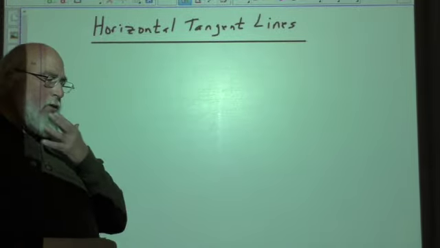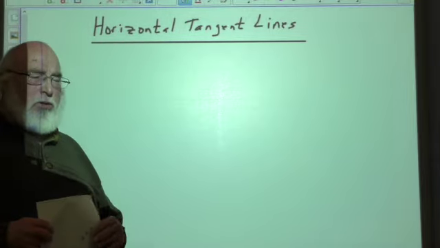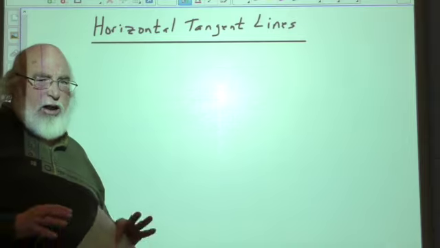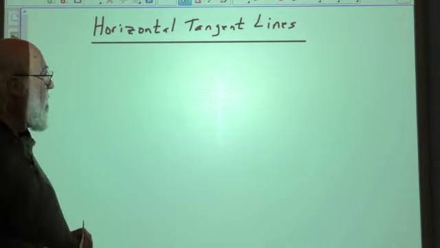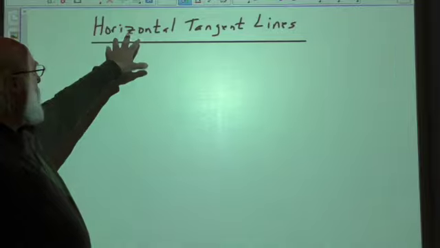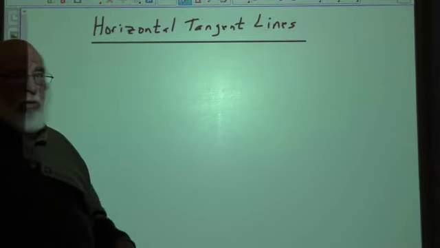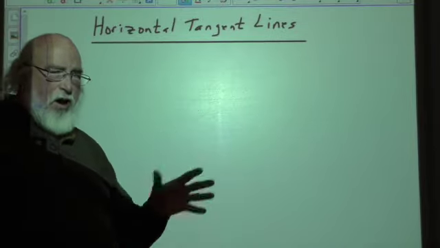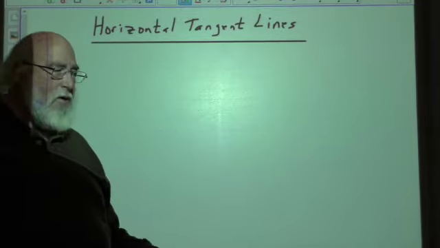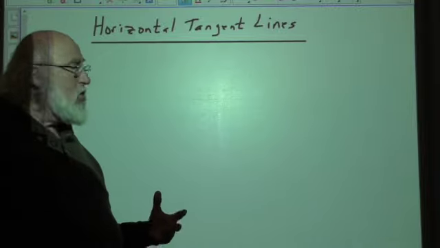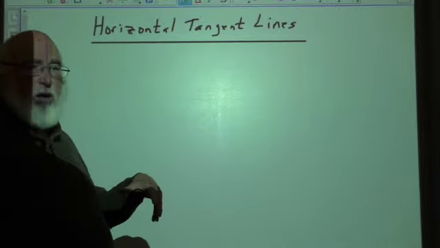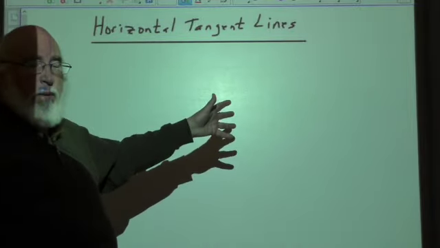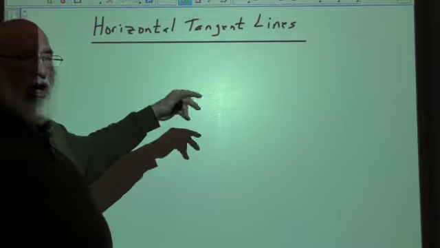Okay, the next thing in calculus we're going to take up is a continuation of many of the concepts we've had in chapter 2 so far. Topic today is horizontal tangent lines. And what we're going to do is take a look at the function, its corresponding graph, and predict where, at what point, you're going to find one or possibly more tangent lines that are